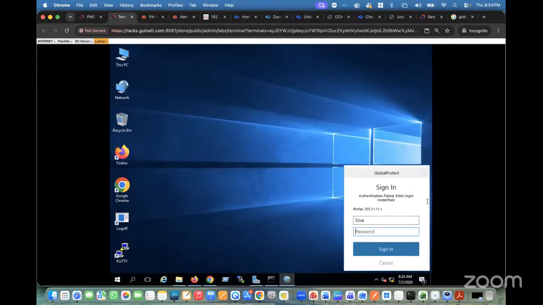Any question? Okay, so you can see now we have the credential information. I can put any credential, like I can now log in with the